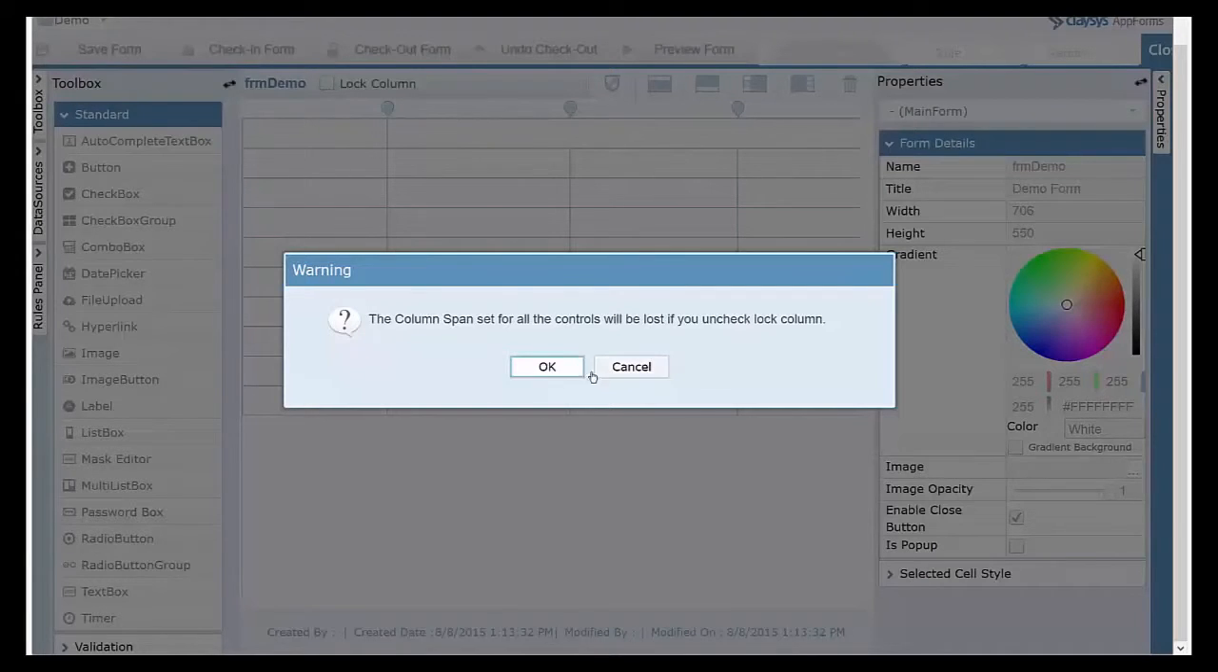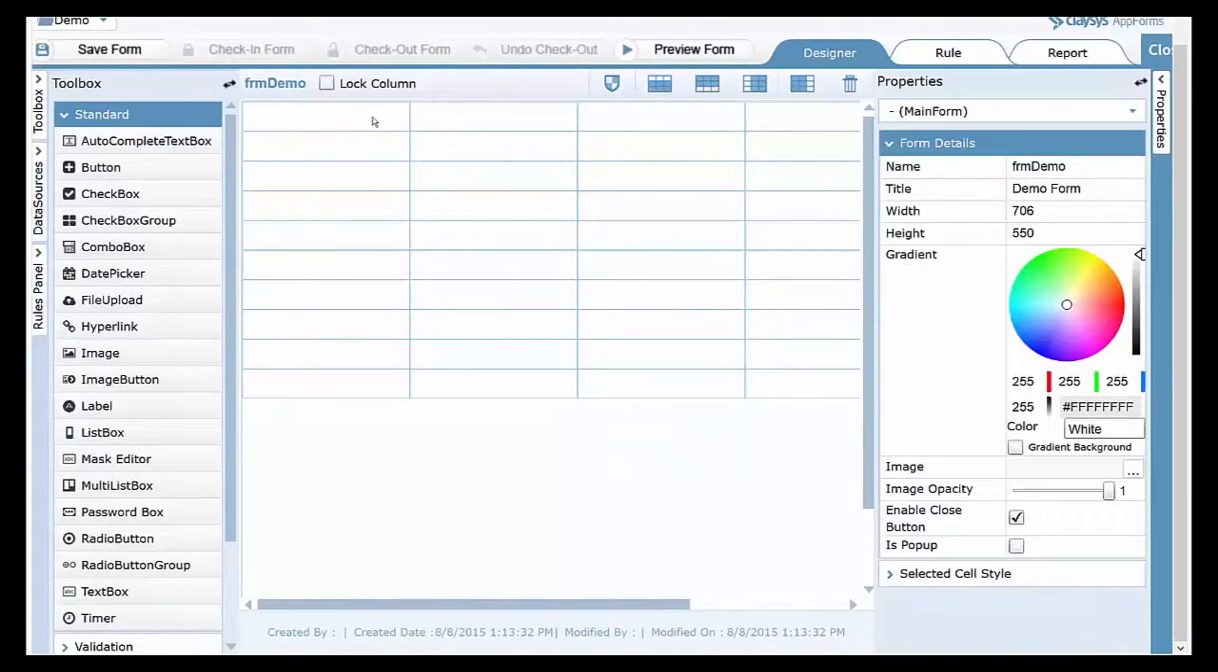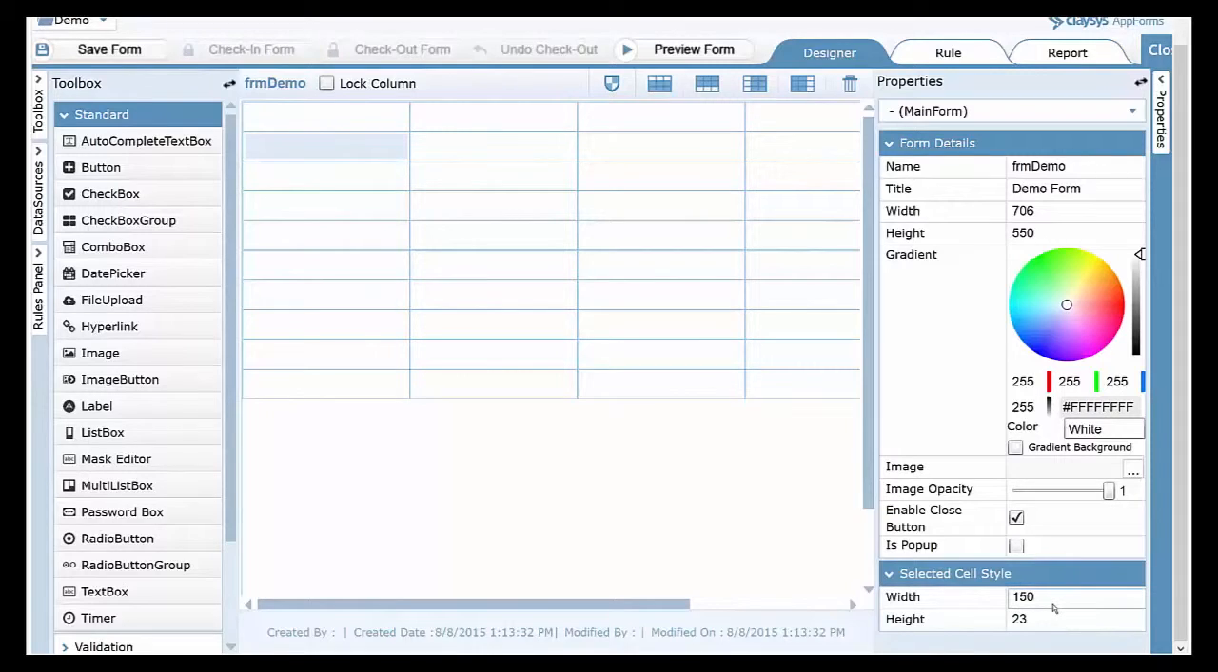And you will get a warning about this. I'll click OK to that for now. But now you can see my handles at the top went away. But what I can do is select a cell, and now if I look at these properties, you'll see that I have a width property, which I did not have before. So I can change that width from, let's say, 150 to 50, and now I've just affected the width of